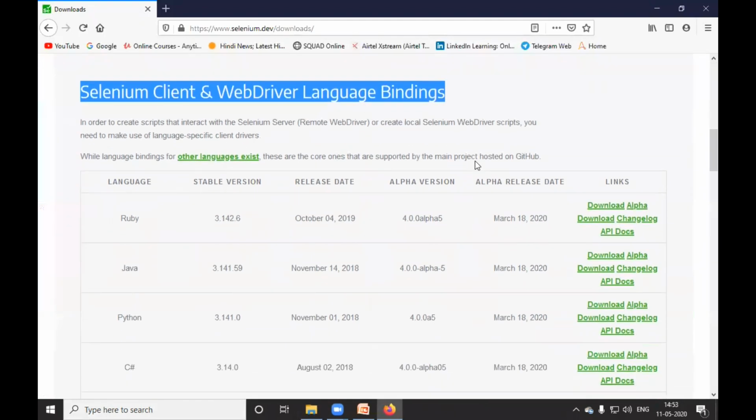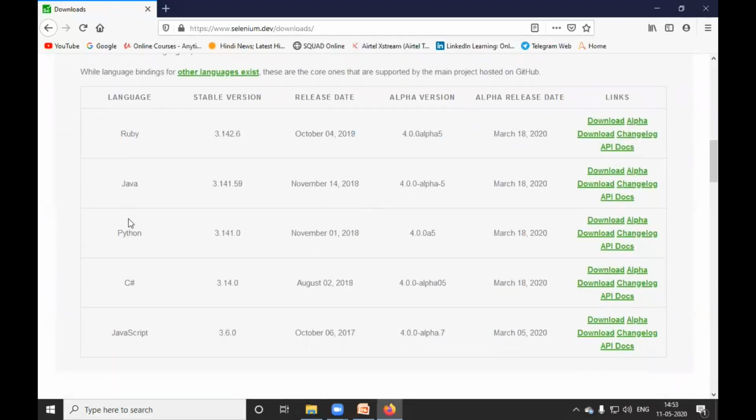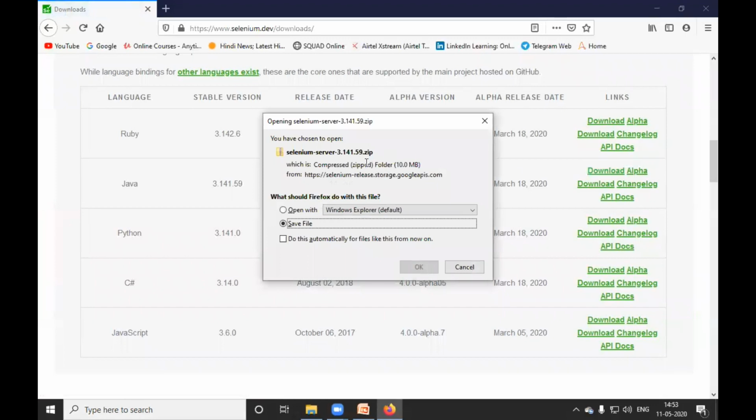Here you will find various implementations of WebDriver, like Ruby, Java, Python, C Sharp, JavaScript. We are interested in Java, so you can click on this download. Do not click on the alpha download, since it is not a stable version. You will get a zip file, and after unzipping it will be ready to use. I will not download this since I have already downloaded it.